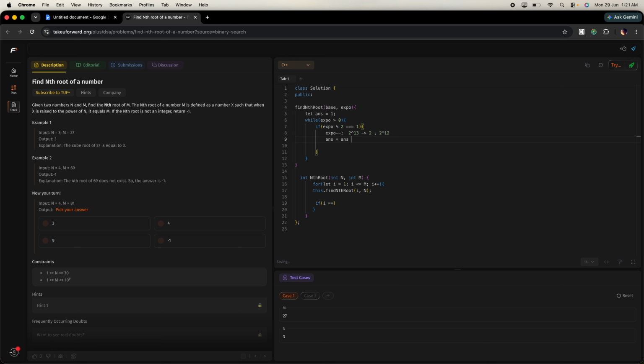answer into base, like whatever base we are carrying, this is our ith value. So this is the base, whatever base we are carrying. Okay, now we are done with the odd number, and if it's an even number of exponential, then what you do,